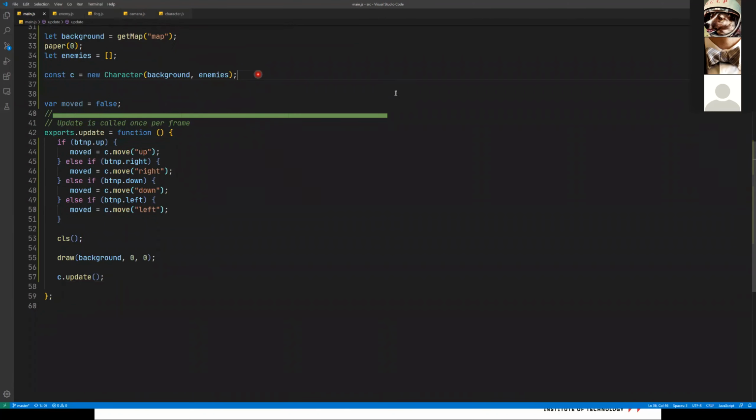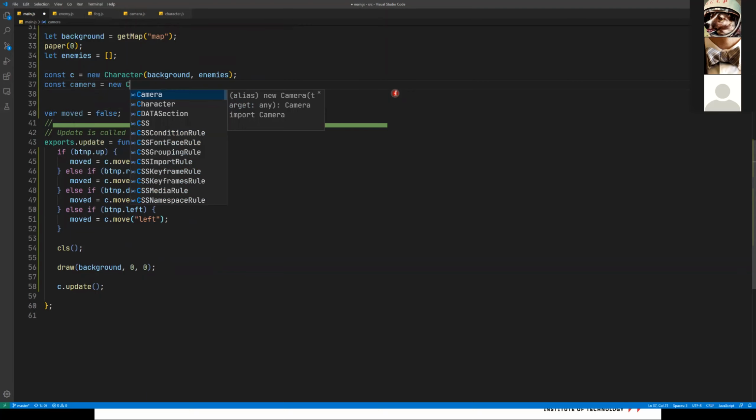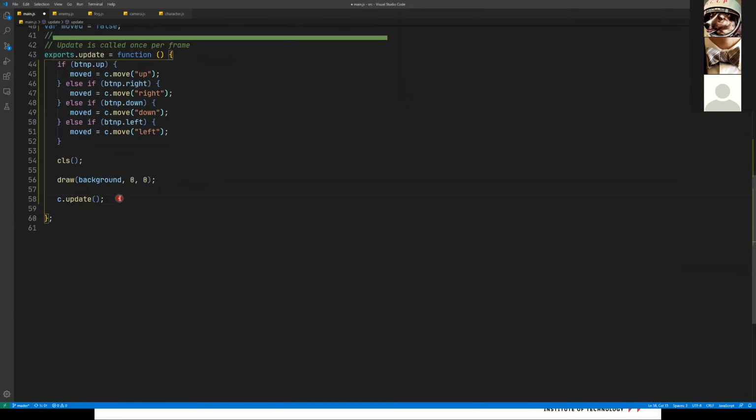So back in main, underneath the character, I'm going to create a const camera, and this will be a new camera. And I'm going to send in my player character. That's going to be the target for this camera. And then after I do my update for the actual player character, I'm going to do camera.update. So we're going to call update for our camera, and then we should have this camera move around for us. So if I run this,